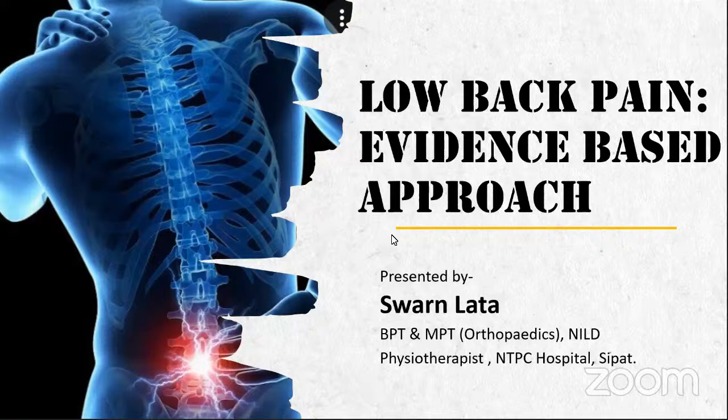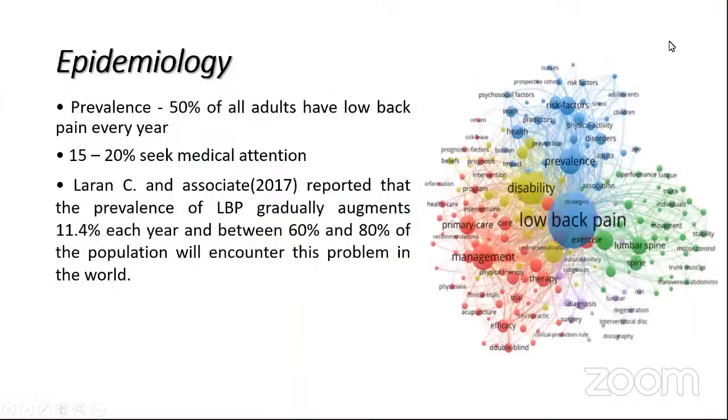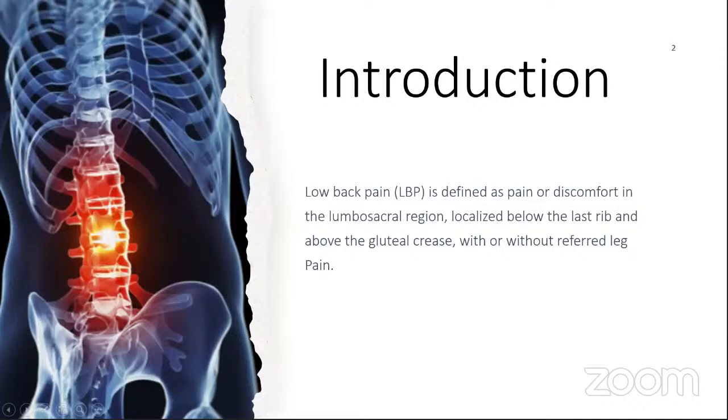So today I'm going to discuss low back pain, an evidence-based approach. What is low back pain? Low back pain is defined as a pain or discomfort in the lumbosacral region localized below the last rib and above the gluteal crease, with or without referred pain. It is basically the pain which occurs at the lower back region, and most of us face low back pain